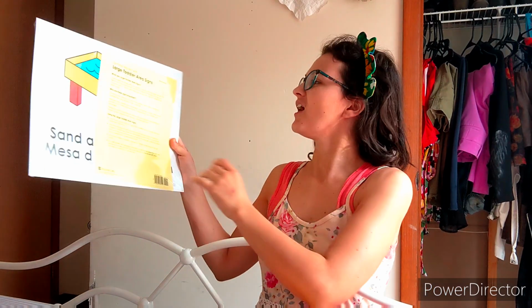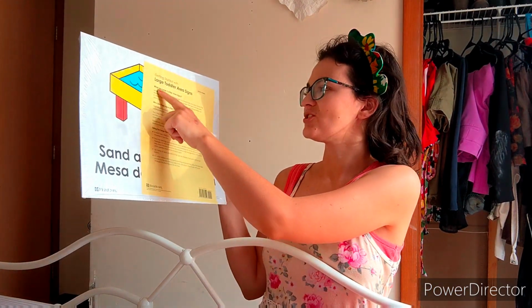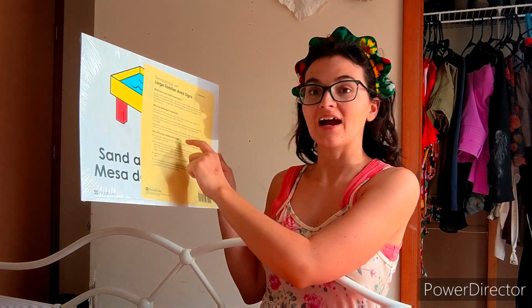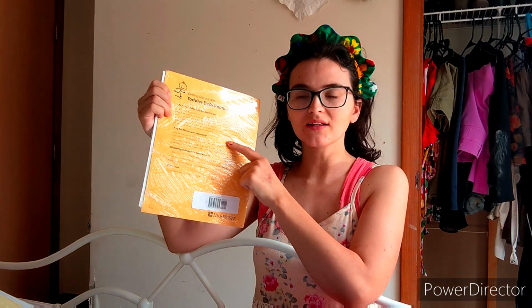is. Okay, so these are the area signs. It tells you what they are, why they're important, and how to use them. So that's pretty cool. The daily routine cards. And these are different than the preschool ones I noticed online, so I'm kind of excited to see what that looks like. Let's open